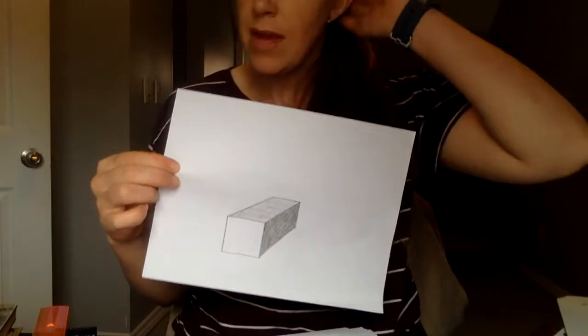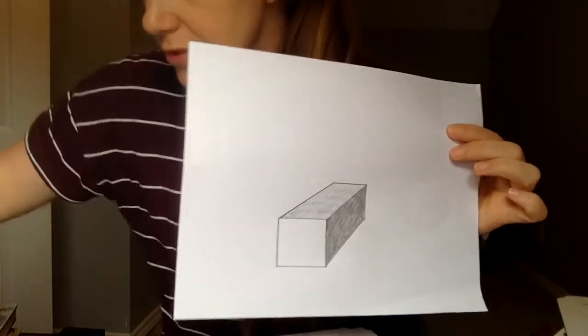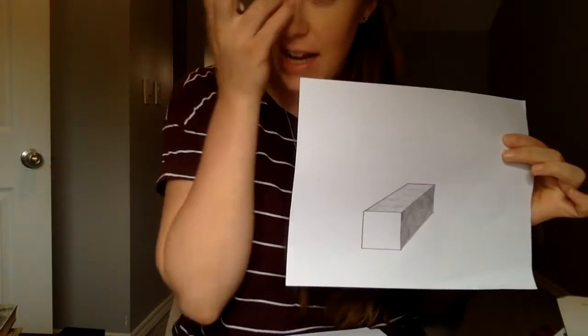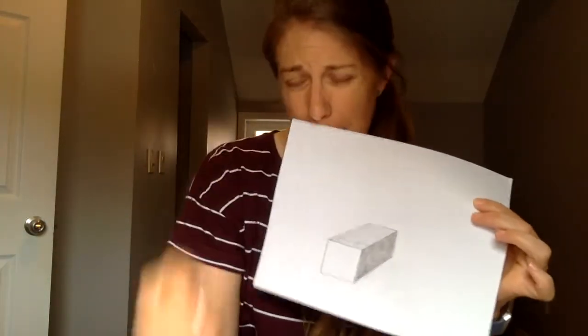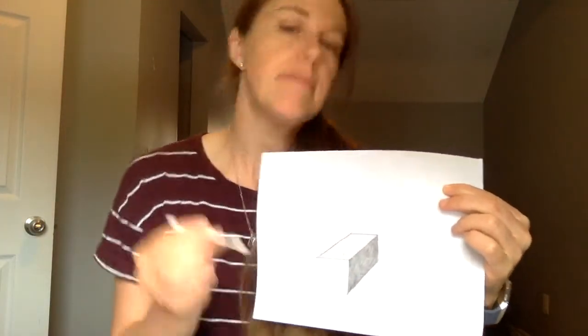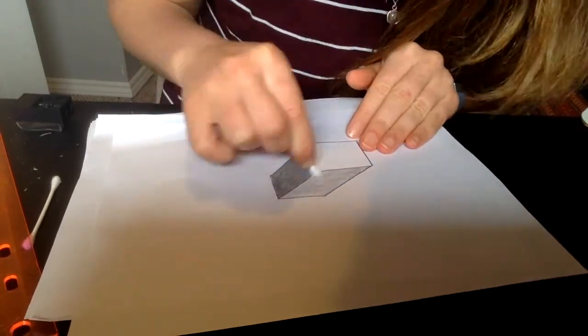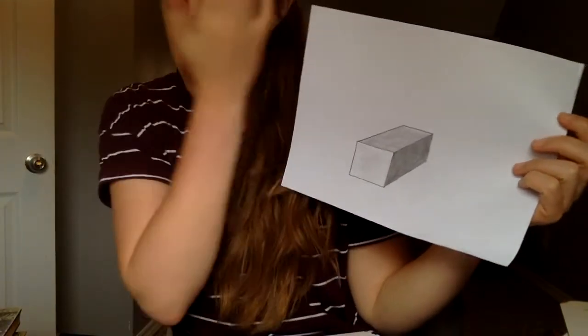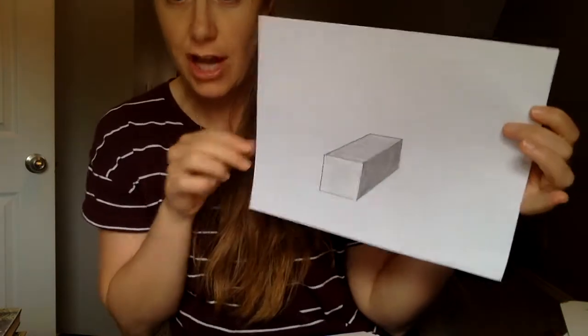So we're trying to keep the sides as even as possible, but now is where our little Q-tips come in, and we can use these for a bit of a trick. You can actually get something called a smudge stick, which is what this is meant for, and they have a more precise tip, but the Q-tip works in a pinch. So I'm just going to use this and go over the sides to make it more even on each side. Okay, so there we have my cube, my rectangular prism, that has its shading and shadowing done,